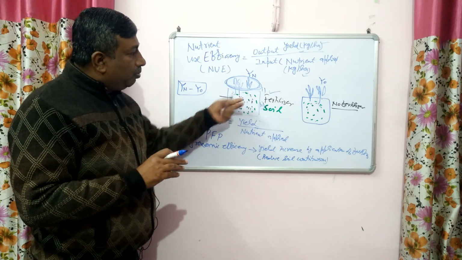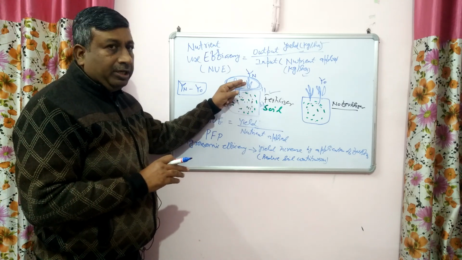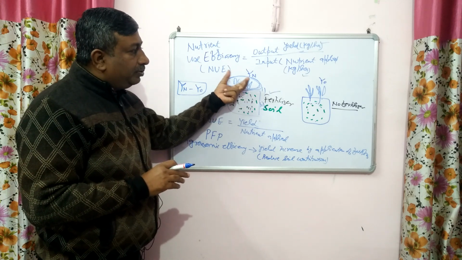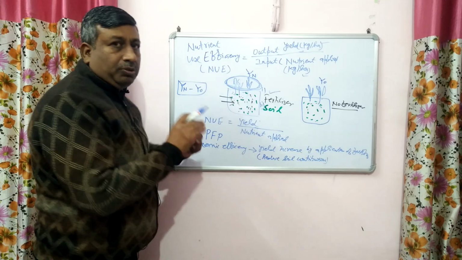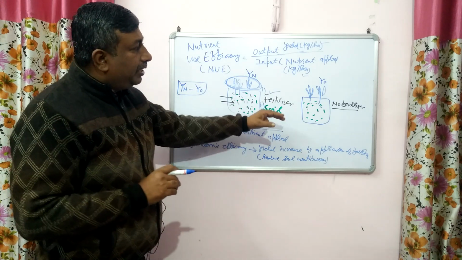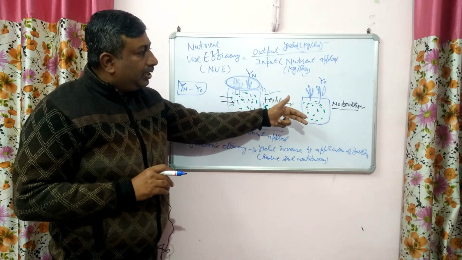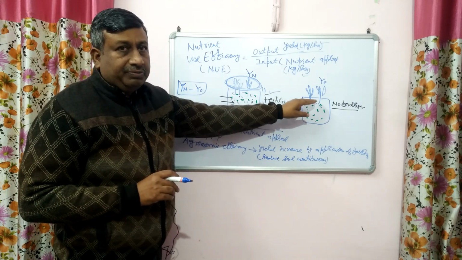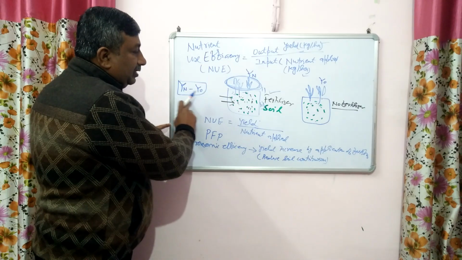अब यहाँ देखिए क्रॉप ग्रो हो रही है, हमने फर्टिलाइजर अप्लाई किया, फर्टिलाइजर का न्यूट्रिएंट भी लिया, जो सॉइल का ऑलरेडी न्यूट्रिएंट था वो भी लिया. तो ऐसे केस में हमको जो ये YN यील्ड है ये टोटल फर्टिलाइजर की नहीं है. तो हमको क्या करना पड़ेगा, एक ऐसा प्लॉट हमें लेना पड़ेगा जहां हम क्रॉप को ग्रो करेंगे विदाउट फर्टिलाइजर. तो यहाँ केवल सॉइल का कंट्रीब्यूशन होगा. अब इन दोनों का जो डिफरेंस है दैट इज द यील्ड,